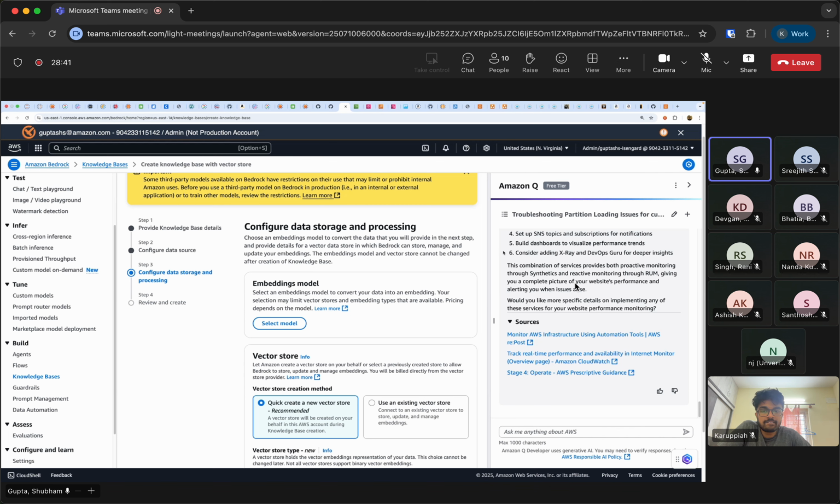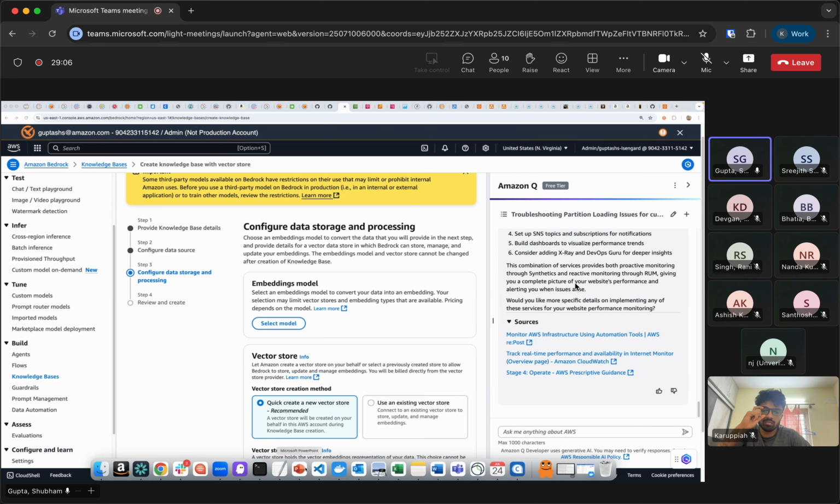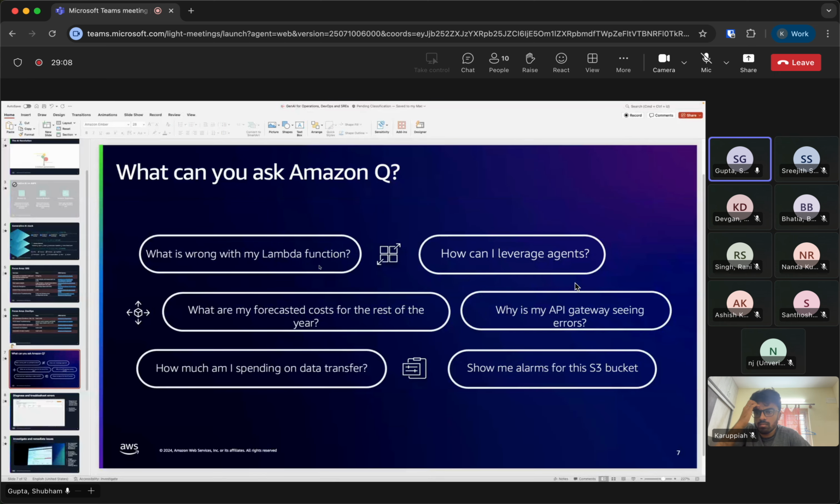And once you are comfortable, if you see value in it, then you can go ahead and subscribe to a paid version of it. The free tier has some limits compared to the paid version, but it gives you a very good idea of the capabilities, what it can do. So a very good starting point. Whatever issues you are facing, whatever you're trying to do here in the console, you can start leveraging Q directly from here. I have some demos which I'll quickly show you. These are some of the most asked questions that we see currently.